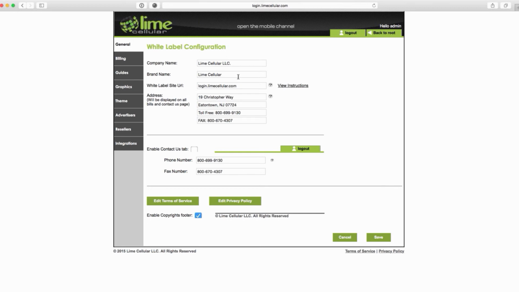Company name, brand name. Company name can be Limester LLC, and brand name can be UV Mobile Marketing, right? Doesn't matter. But brand name is what your customers will see basically as your brand name. White label URL. You can have one white label URL. It can be a subdomain of your main domain, just like I have here. So it can be